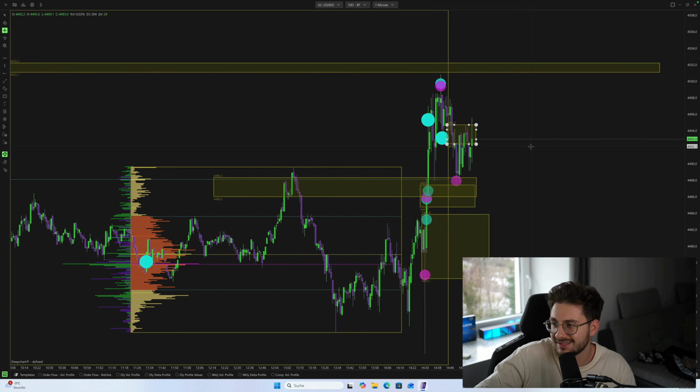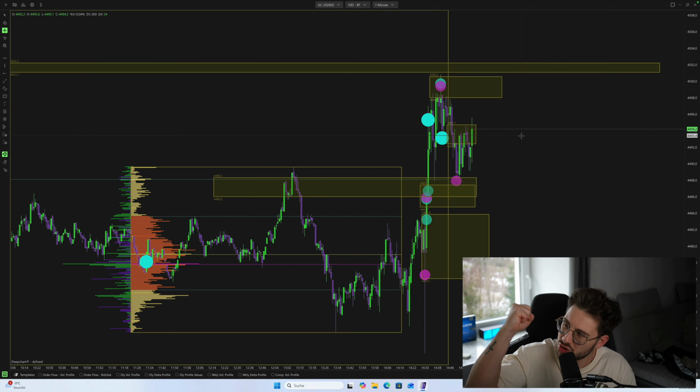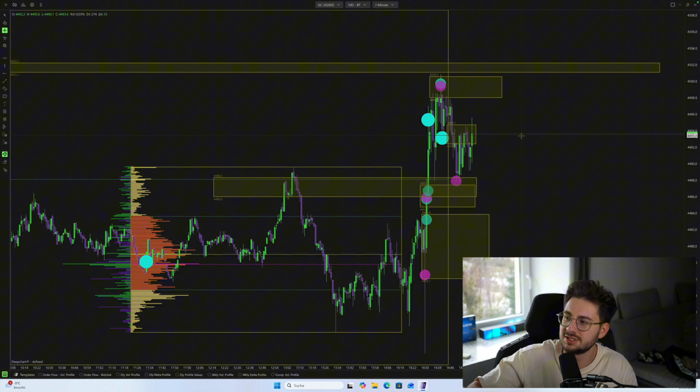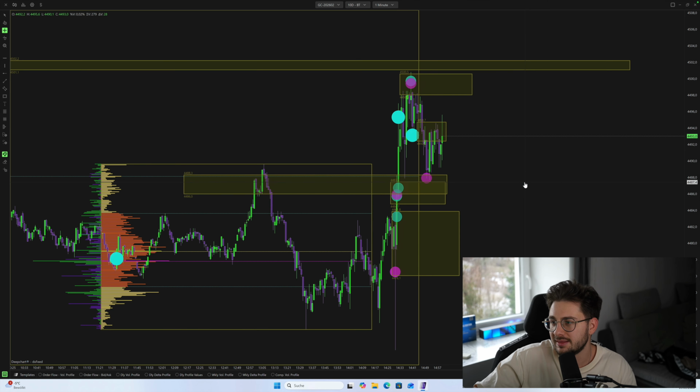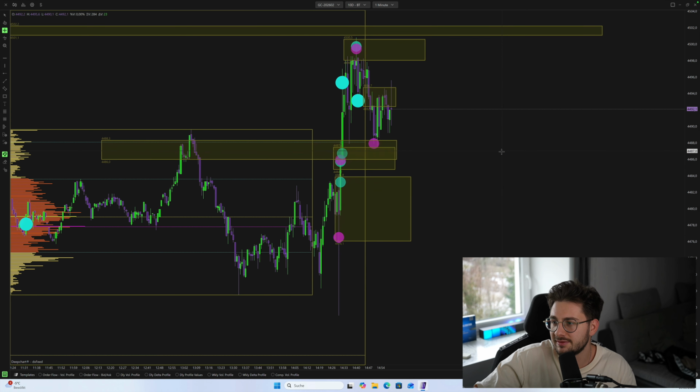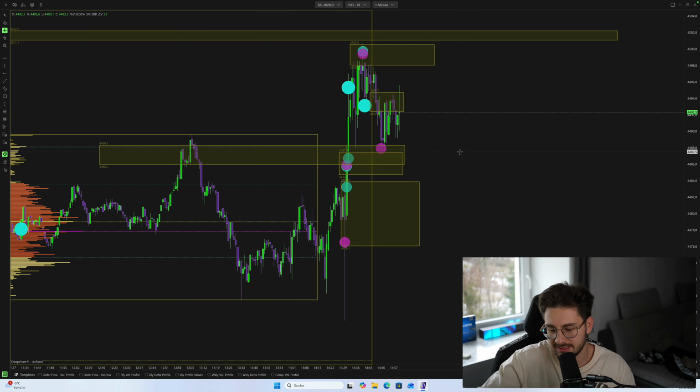Look at this. Buyers step in, you see? Buyers are controlling price. But you see the sellers are not, like, this level is still not broken. It's still there. That's the problem. We got to break this to see a potential up move. And we see also here something where the sellers could interact. We want to see that they push through this, you know, like pushing the gas. That would be the confirmation we're looking for in reality.